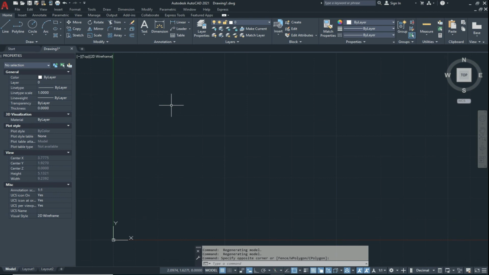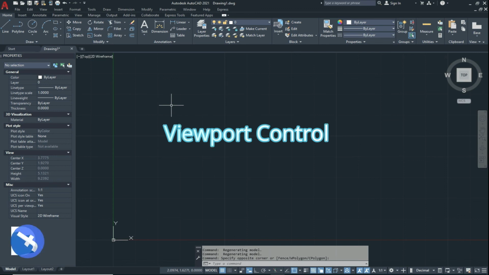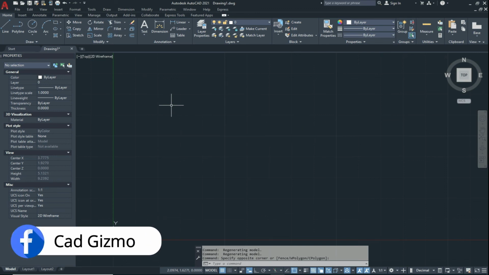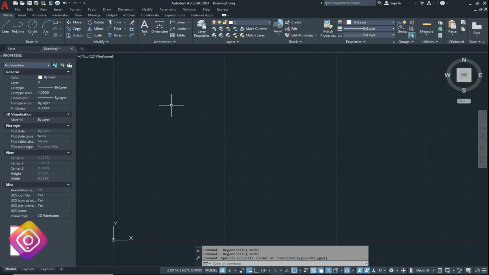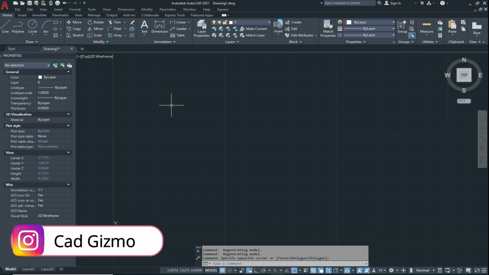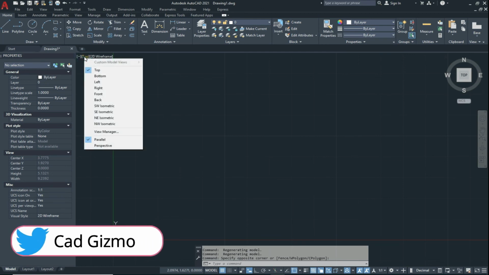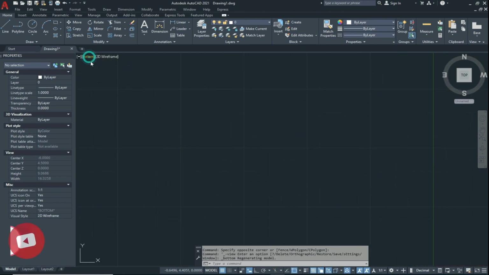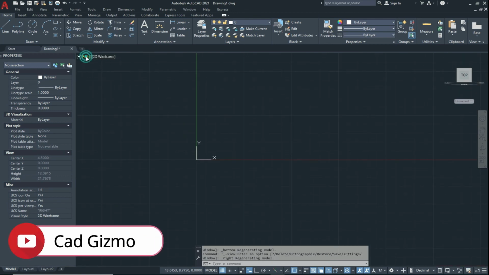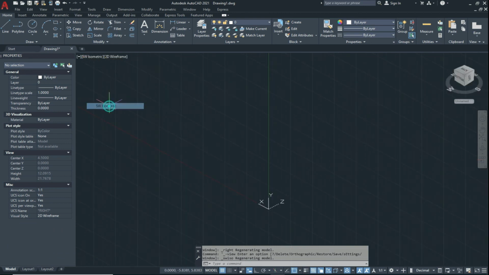Now we see the viewport control. This is our viewport control, and it is displayed in the upper left corner of the drawing area. Viewport control provides a quick way to change the current view, visual style, or viewport configurations, like top, if you want to see bottom, if you want to see right side, and if you want to see isometric view also, southwest, northeast, and northwest.